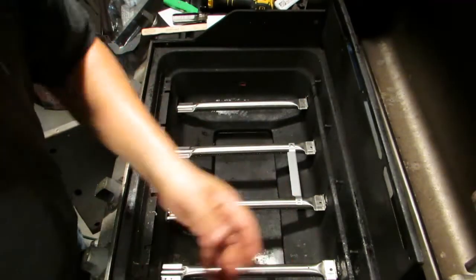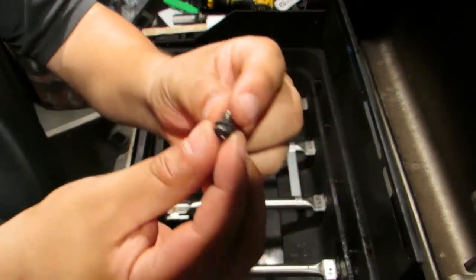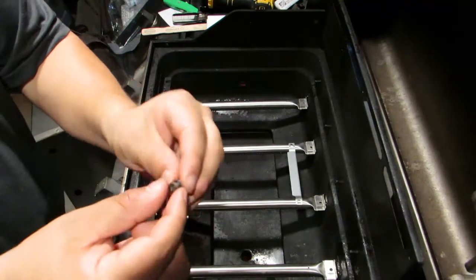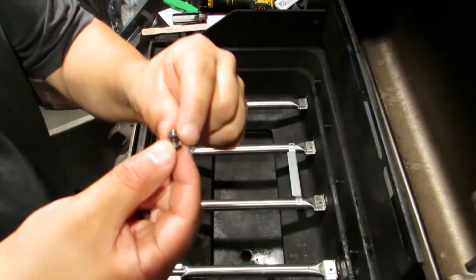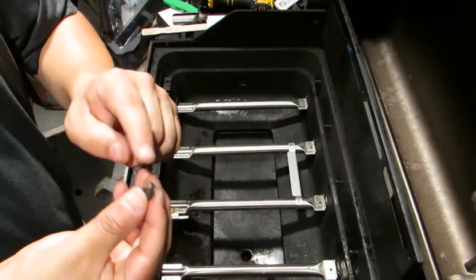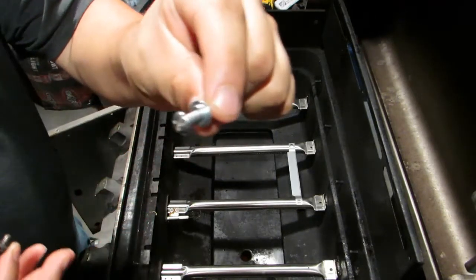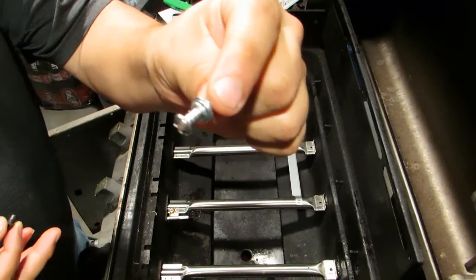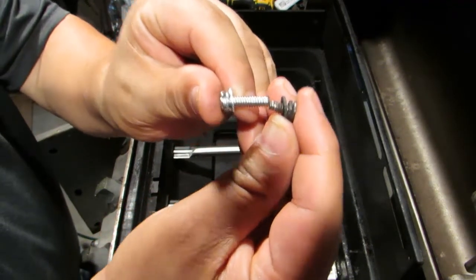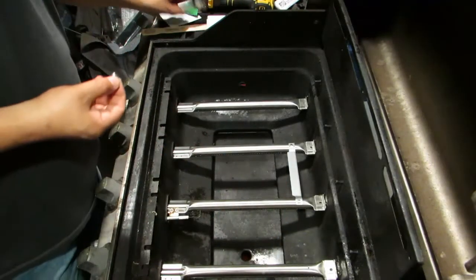And you don't have to get these if you don't want to. Here's the original. Okay. It actually has a washer, and it has a flat washer, and it has a lock washer. Okay. So what I did is I took this to the big box store, and I wasn't really worried about the washers, but I wanted to make sure. And so this is those 3 packets all together, put together. Okay, that is the lock washer and the flat washer on that screw. So I measured them at the big box store, and they are both identical. And so I'm going to put the lock washer first, then the flat washer, and then I'm going to